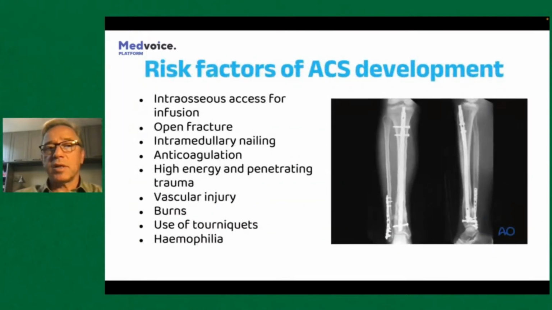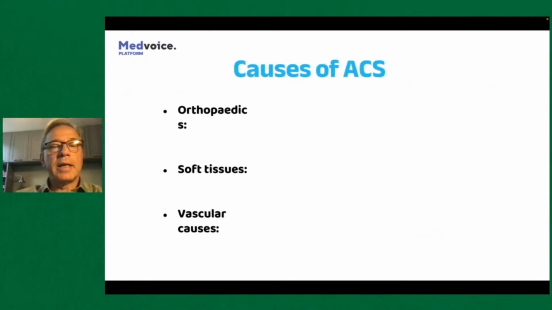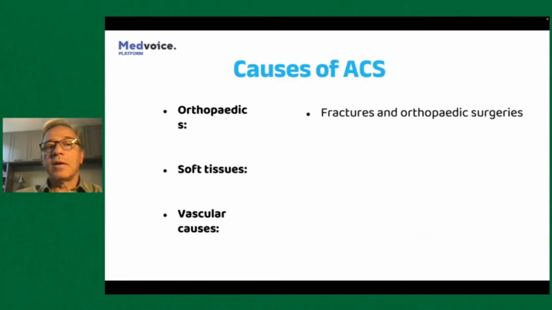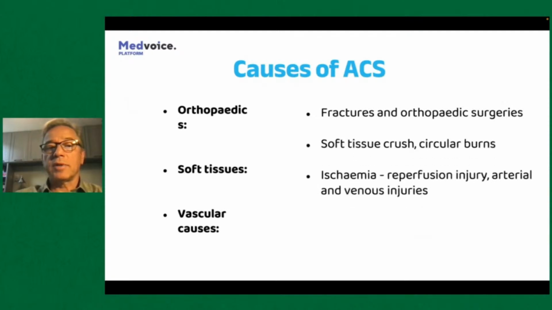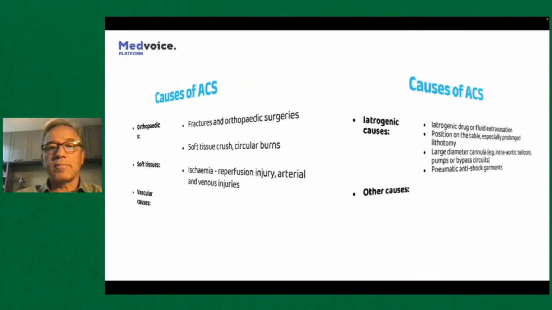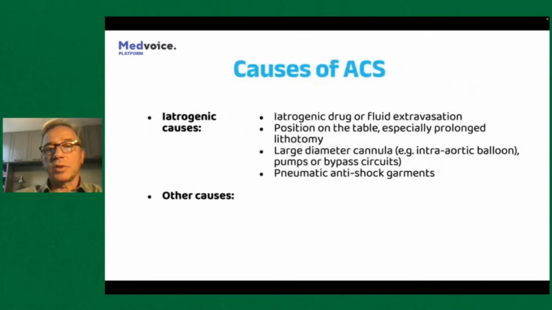And risk factors include intraosseous access for infusion, open fracture, intramedullary nailing, like it's on this picture, anticoagulation at the same time, high energy penetrating trauma, vascular injury, burns, use of tourniquet, hemophilia. What are the causes? There could be orthopedic fractures, soft tissue crush, ischemia, reperfusion, arterial and venous injuries, and iatrogenic causes,